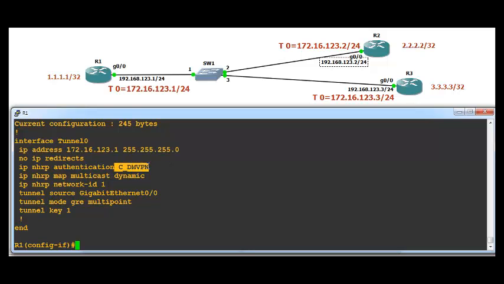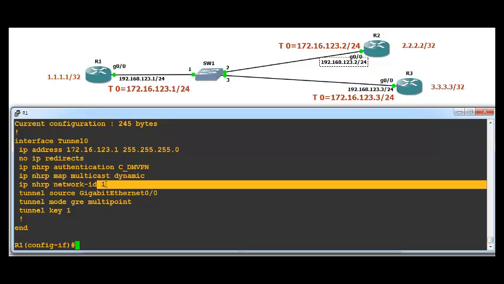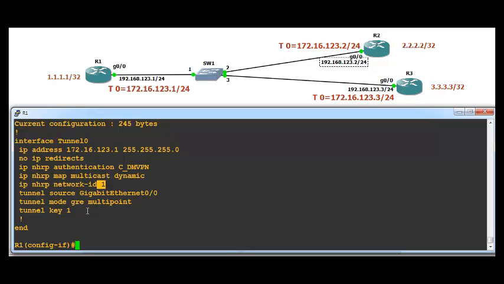We have given a password so that we will form neighbors only with those who have this password. And we said whenever multicast traffic comes from any routing protocol, you can dynamically learn them and put them into the NHRP mapping table. But they should carry this password,